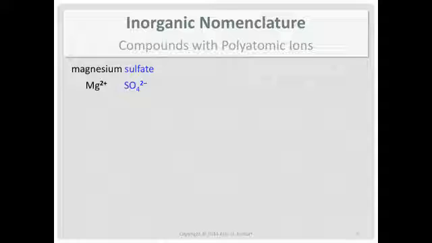So even though there are covalent bonds within the atoms of this polyatomic ion, you treat the whole thing as if it's a single entity. And if you can get to that point, then you fall back on the rules we've used before. Charge balancing. You have a 2 plus, you have a 2 minus. You need to have the same amount of positive and negative charge for your ionic compound. The net charge needs to be 0. Therefore, the chemical formula is MgSO4.